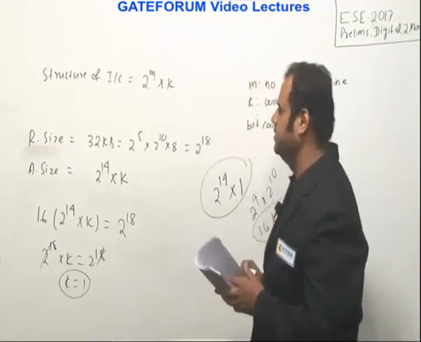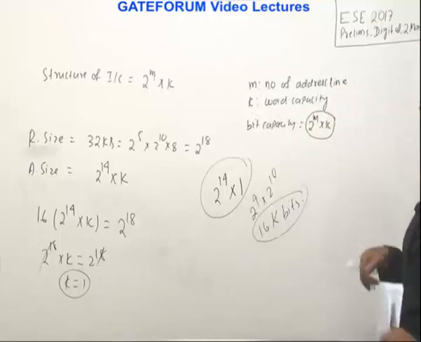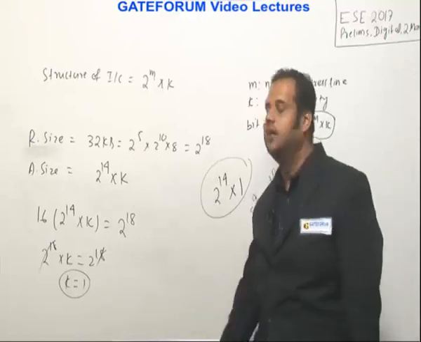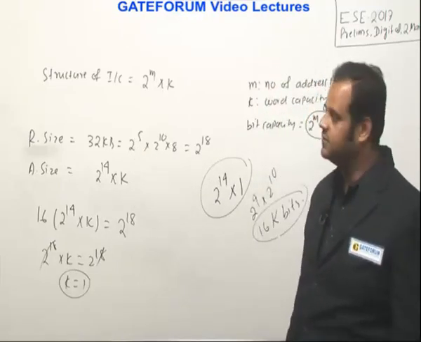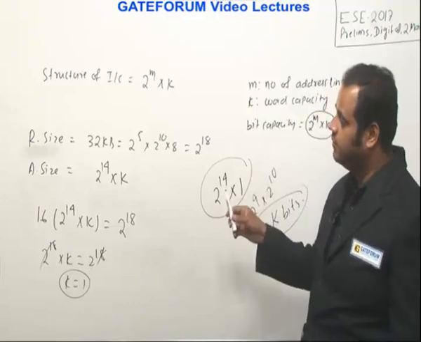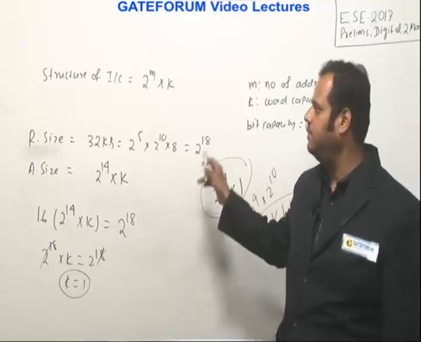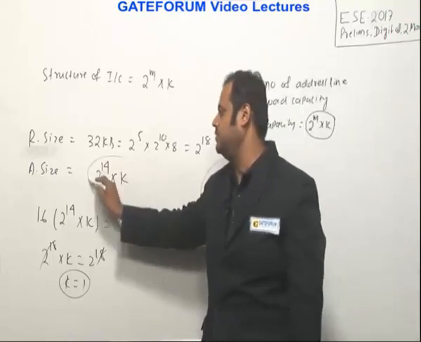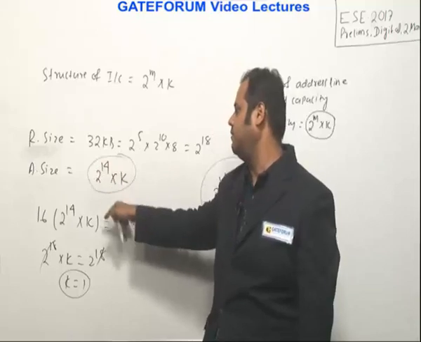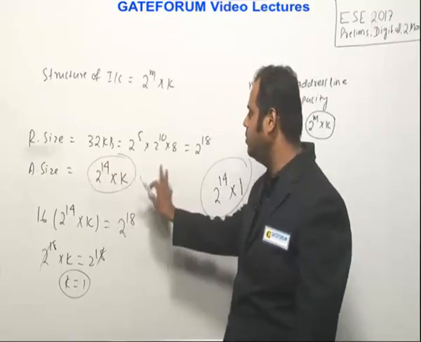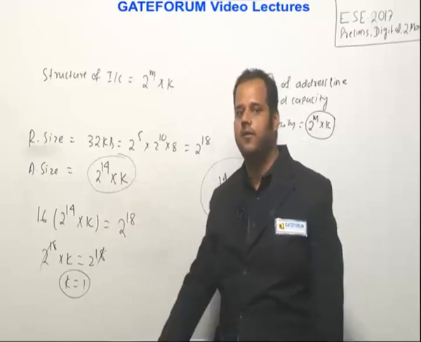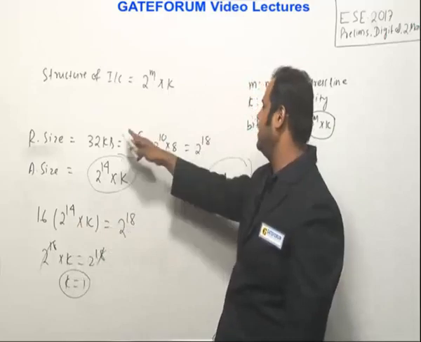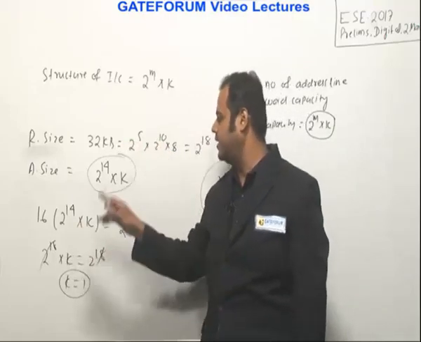Let me again summarize what I said in this case. There was a big IC of 32 KB, where B stands for byte. That is to be implemented by using a group of ICs having 14 address lines. They are saying it can be implemented using 16 of them, and we are interested in finding the bit capacity of these smaller structures. Bit capacity means the product of 2 raised to power 14 cross K. We don't know K, so we are trying to evaluate the value of K. 16 of this structure equals 32 KB. The bit capacity of this 32 KB is 2 power 18. So solving it, K equals 1.